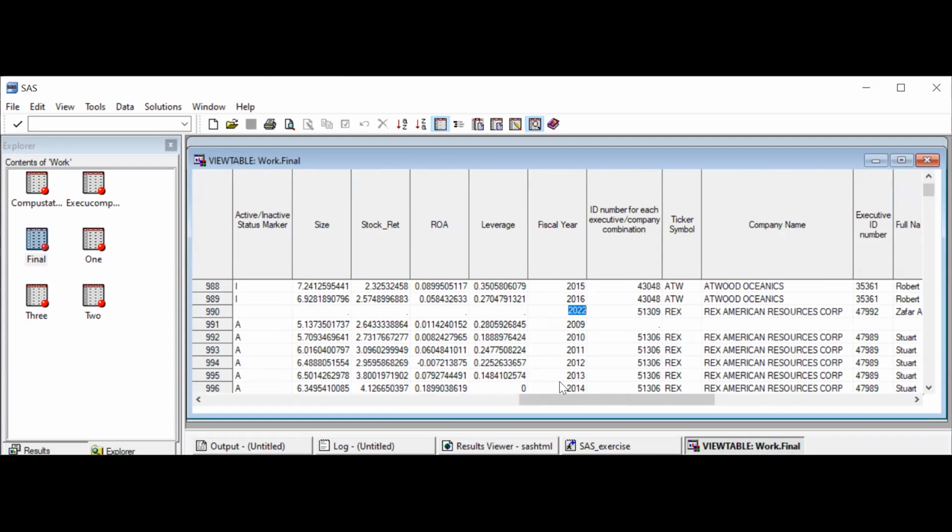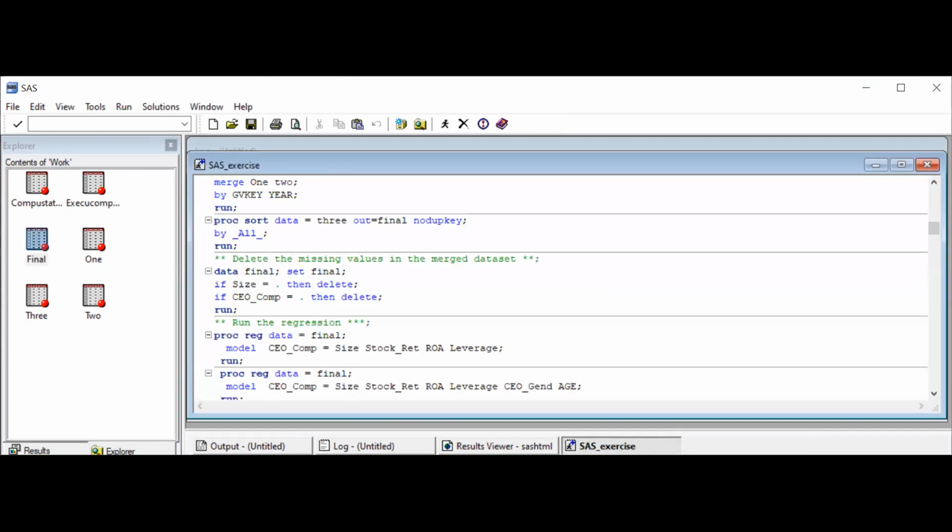At this stage, do not try to use the mean. Sometimes we use the mean value to replicate, but we don't know. Maybe this is a very small firm. We cannot use mean CEO salary. That's why it's very normal, using large secondary data, stock market or financial market data, to delete missing observations. So I'm doing: if size is missing, then delete. If CEO compensation is missing, then delete, because those are the two major variables that we have in the two data sets. So I am running it,